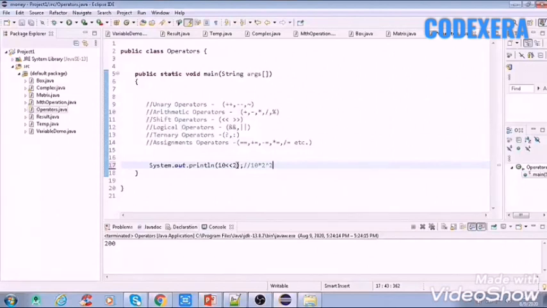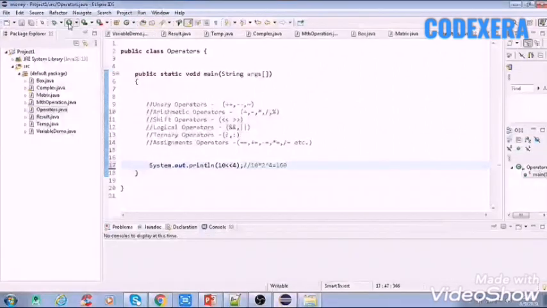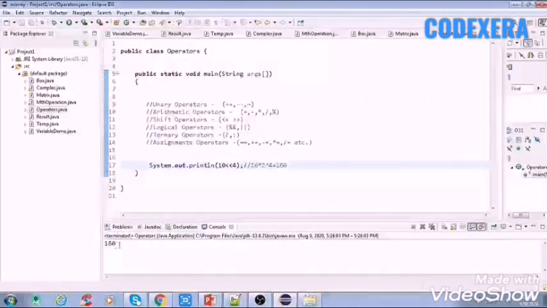If I write here, suppose, 3, then it will go 2 to the power 3. If we write a 4, then it will go 2 to the power 4, and it makes 160. Sorry, not 240, 2 to the 4 is 16, so that is 160. Now we'll see what the output will be. Here we are seeing that 160 is coming by using left shift operators.